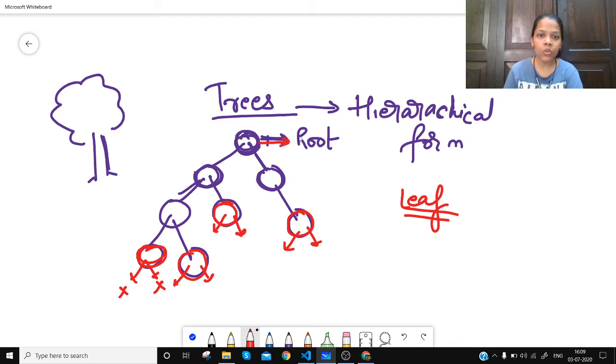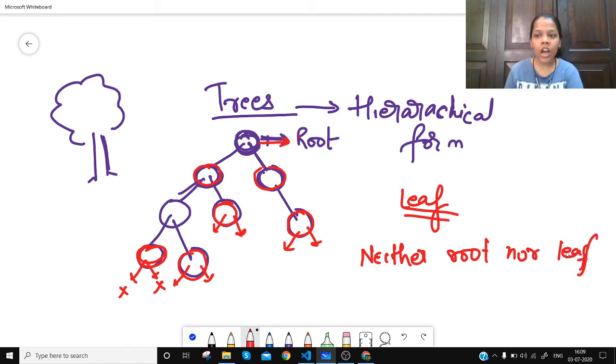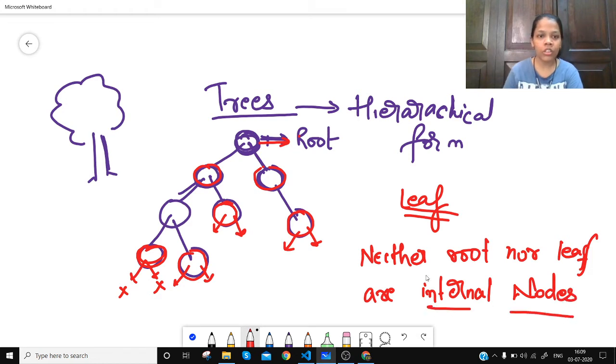And this is the root node. These are the internal nodes: the nodes which are neither the root node nor the leaf node are the internal nodes.